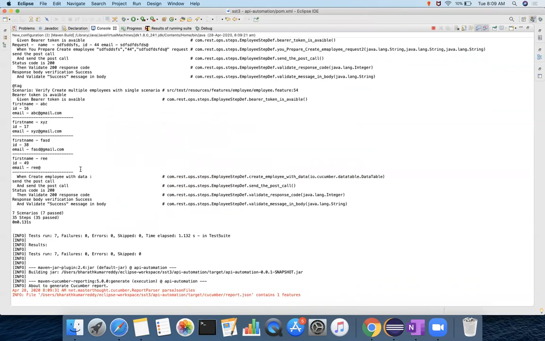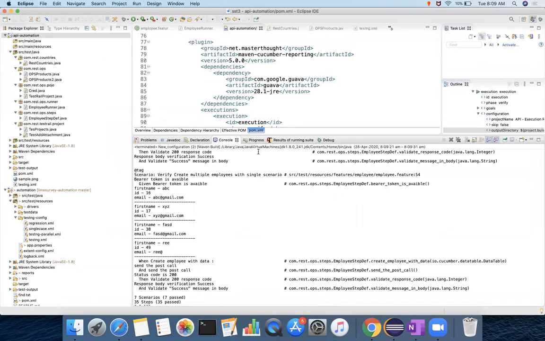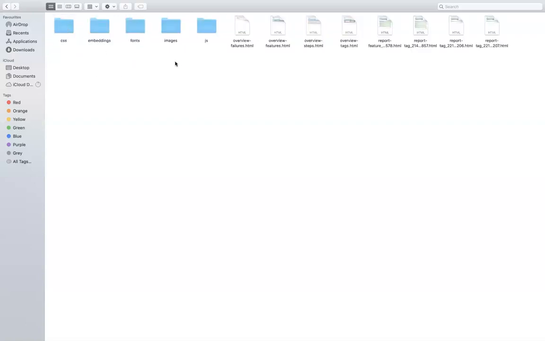See, this test has been executed and the reports have been generated. This report JSON has been read and then the report generated. We'll see how the reports are available. It is there in the src test, and then go to the Cucumber, inside the Cucumber HTML reports. These are all the HTML files you have. Click on overview